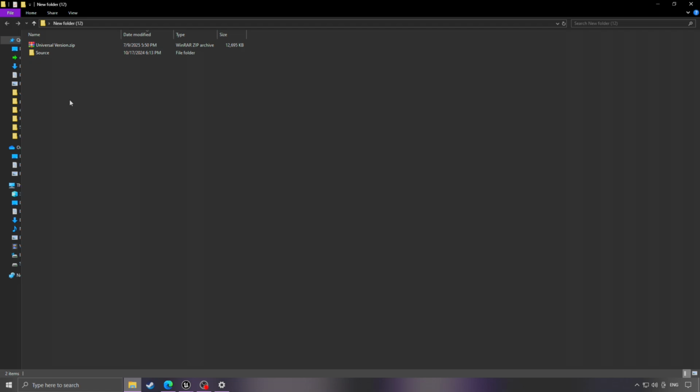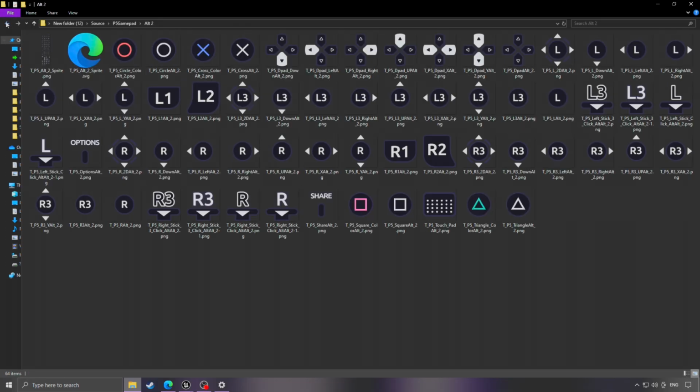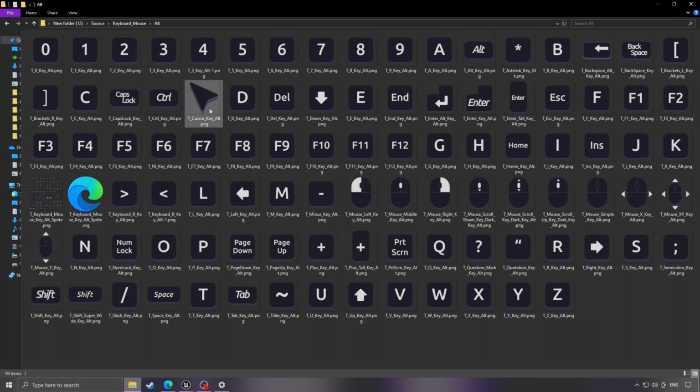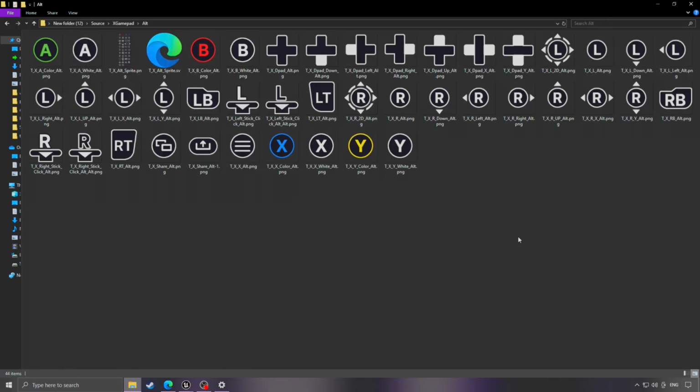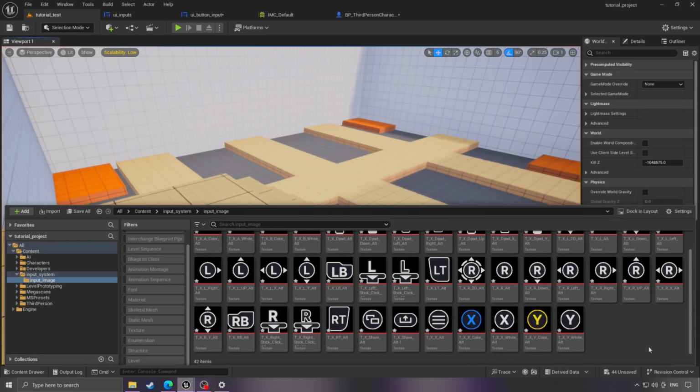After that, when you unzip the file, you'll find inside a source file, and inside it, images of the gamepad buttons for PlayStation 4 and PlayStation 5, as well as Xbox and even Nintendo Switch, and also keyboard and mouse buttons. In short, really amazing, and in my opinion, its creator surely deserves all the support. For me in this tutorial, I will use these button images. So after copying them all to the engine, we will leave them aside for now